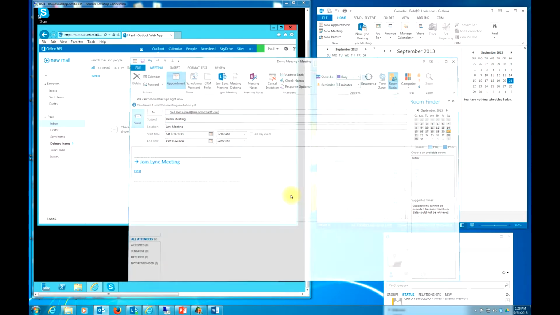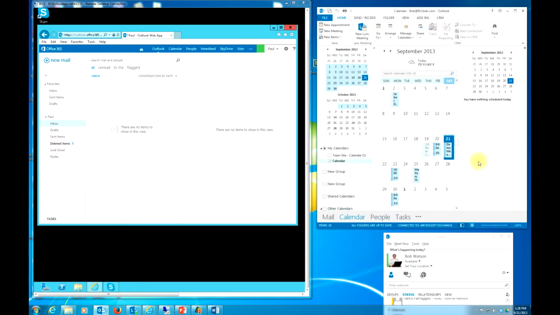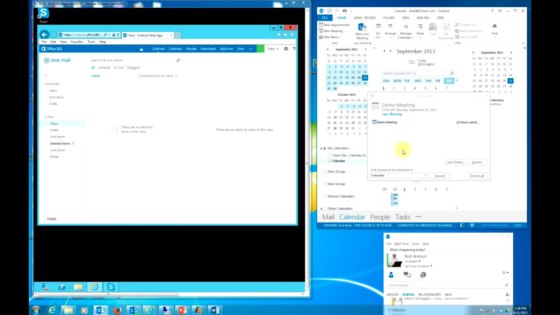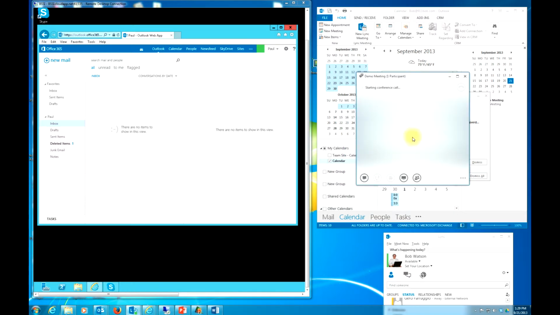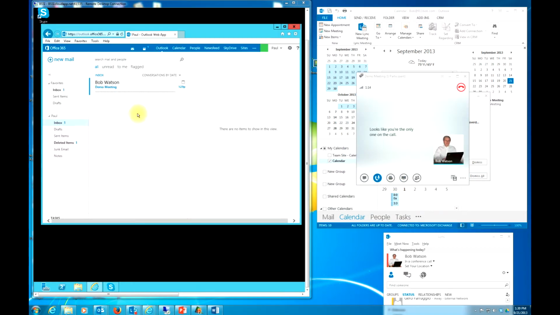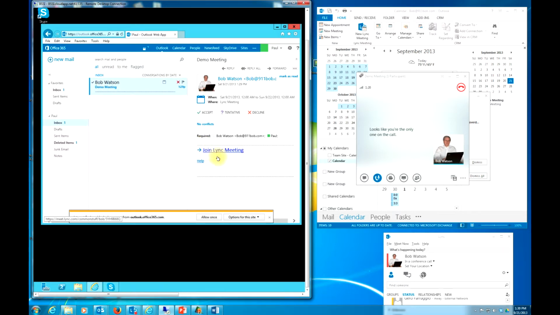We're going to go ahead and send that, and in a second here you'll see a pop-up saying the demo meeting is due, and the easiest way now to join it is to come down and click on Join Online. That'll bring up the conversation window in Lync. Now you also see that Paul has got the invite for the meeting. If we open that up, you'll see that we can